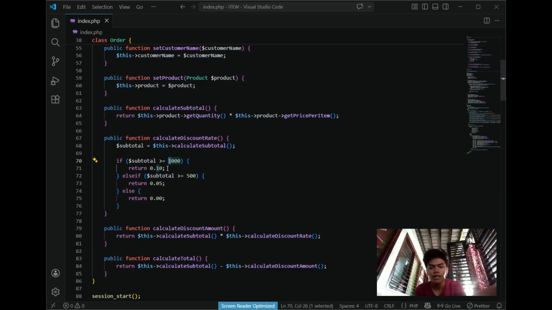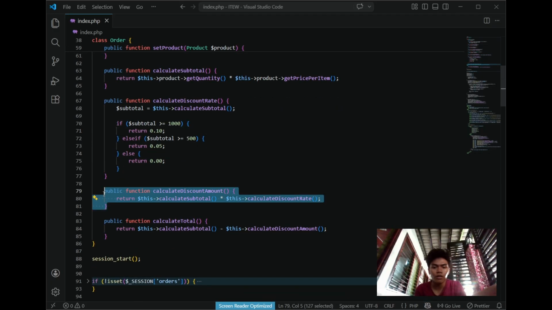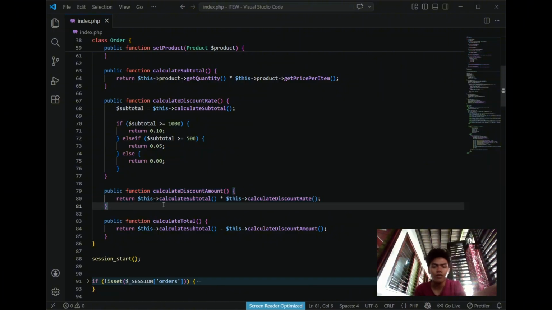Then if the subtotal is 1,000 and above, it will return a discount of 10%. After that, it will go to calculating the discount amount, which takes the subtotal and multiplies it with the discount rate.